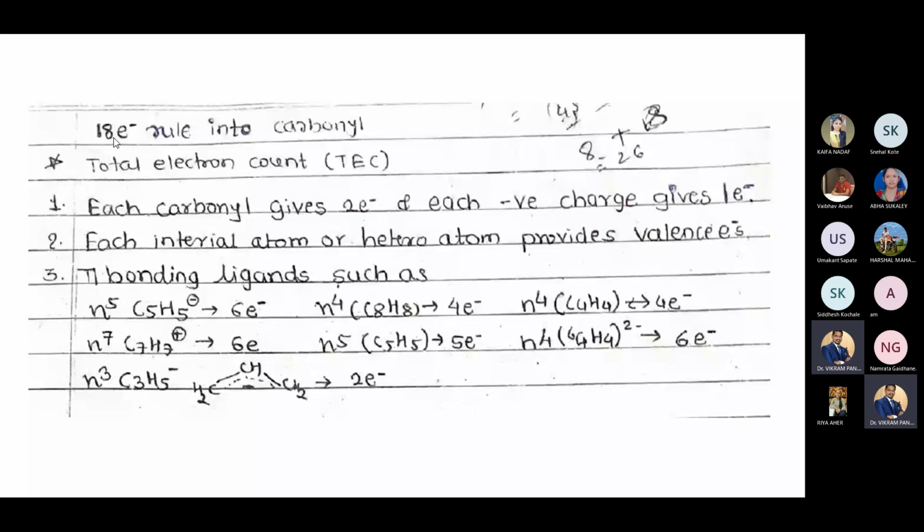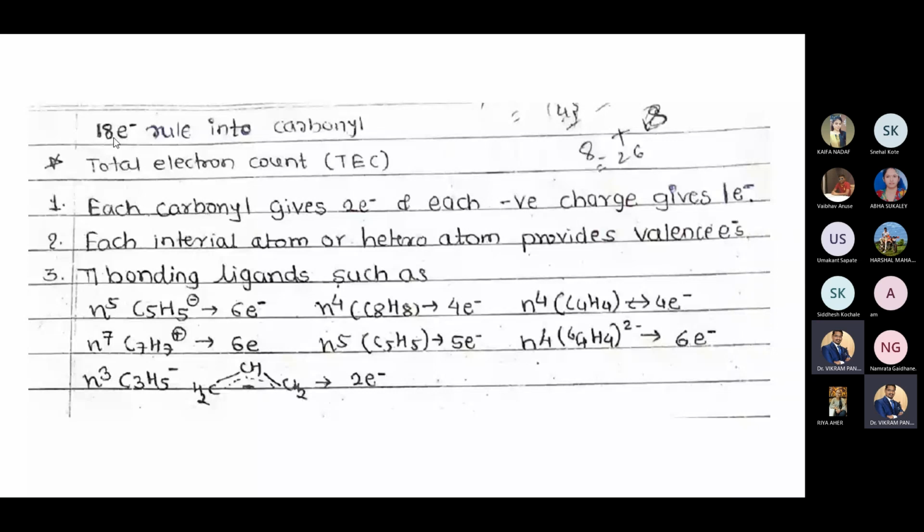Now what happens? You qualified your MSc, no doubt, but in MSc it is not there to calculate the 18 electron rule. It is there in TYBSc for graduation, right? And some of it might be in the MSc syllabus, but so many days have passed and you don't remember how to find the 18 electron rule. If you find the 18 electron rule, you will be able to answer one 4-mark question and one 2-mark question. So this will be worth 8 marks.